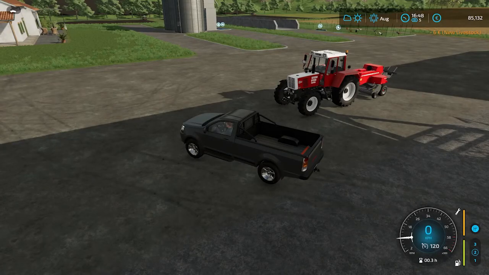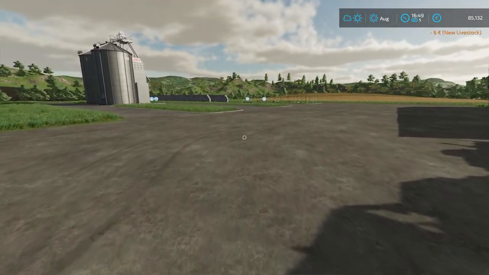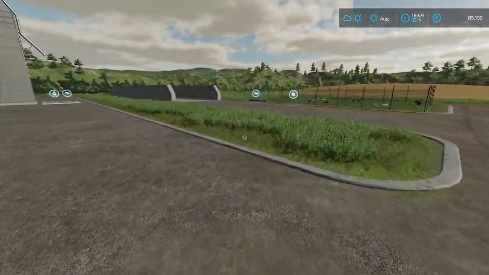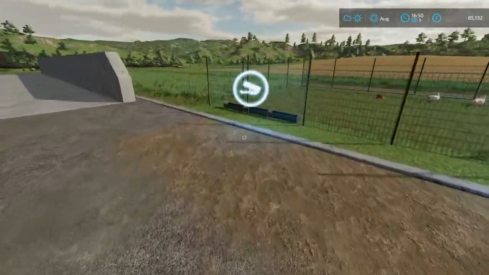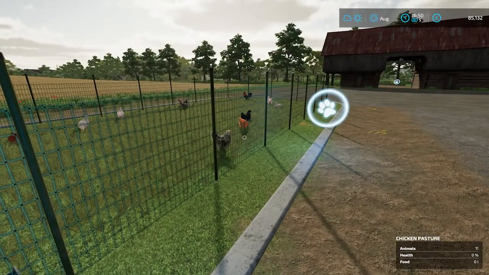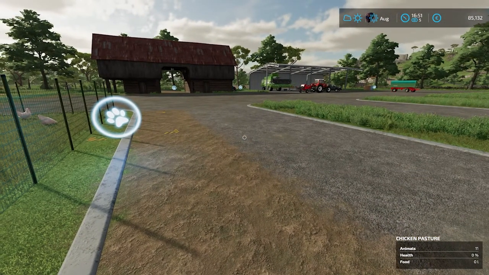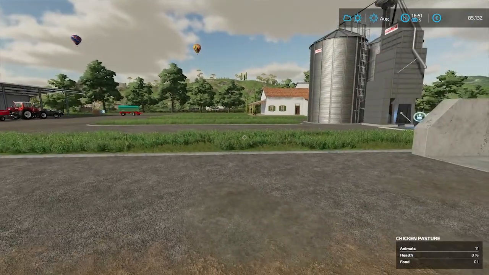Alright, so let's go back to our farm. So you can see the chickens over there. But getting to the end of the day, it's nearly 5 o'clock according to the clock. So we need some food for the chickens. We can purchase food. Maybe we can get it on the back of a pickup truck. I do not know. Or we could just try and use the